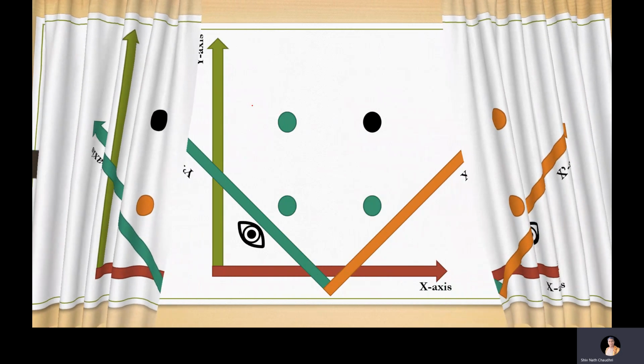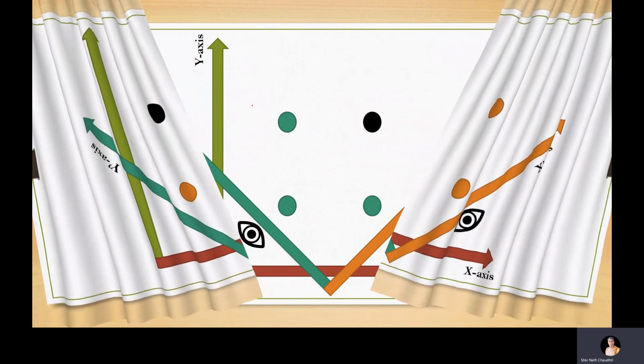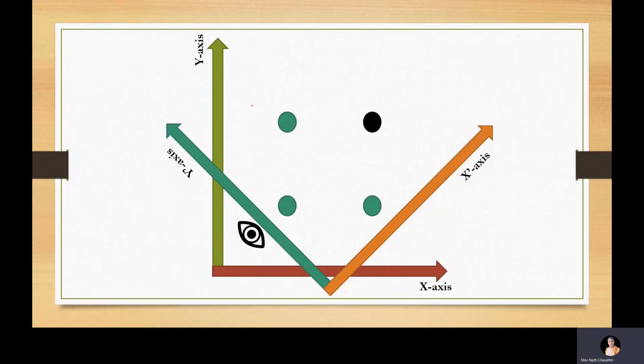Similarly, if we see the data points from y dash axis, we can see 3 data points and the rest is still hidden. 2 points are common that were also visible from x dash axis and one is new which was hidden in the previous case. Thus, the visibility from y dash axis is also 75% and we can explore the information about only 3 data points from y dash axis like the previous case.